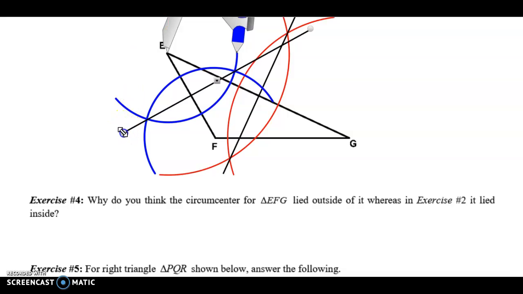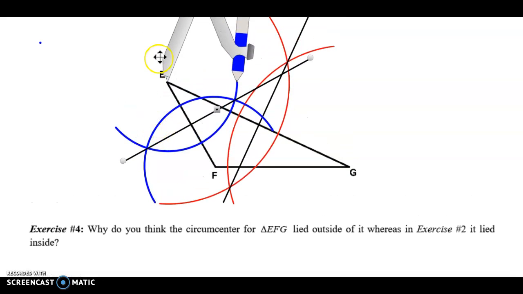Where those two lines meet is the circumcenter. So those two lines, again, I'll do a green dot. Those two lines meet here outside of the triangle. But that point right there, that green dot that I just drew, is the same distance from E, and it's the same distance from F because it's on the perpendicular bisector, and it's the same distance from G and E because again it's on the perpendicular bisector. The circumcenter is outside of the triangle because it's an obtuse triangle,